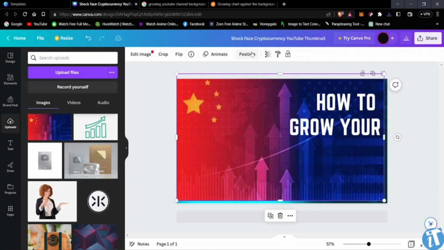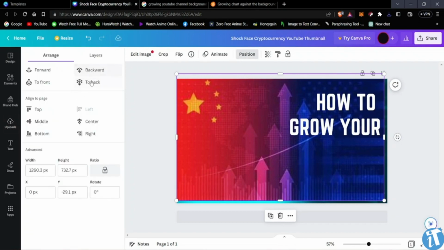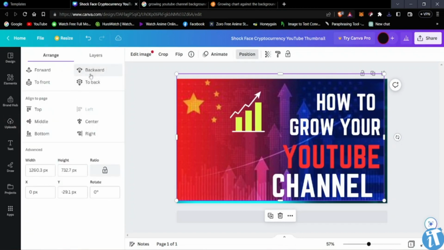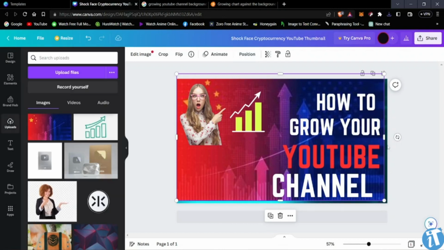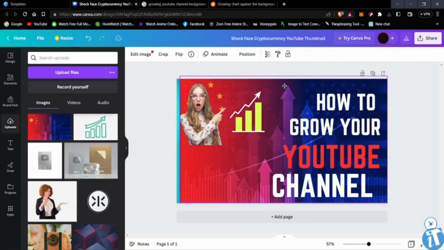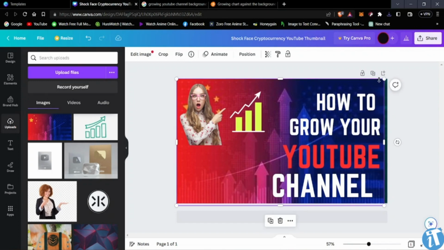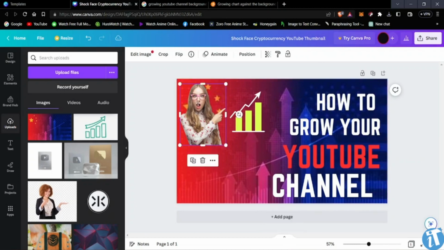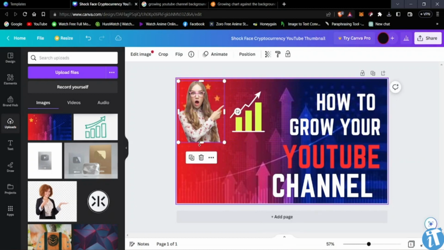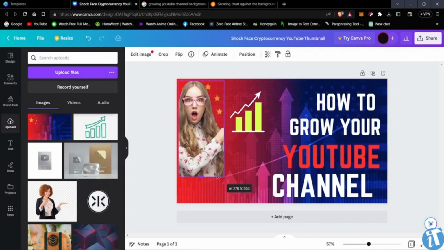And now we're going to position it, select this and position it backward. All right, once it's done, you can see here the background has been changed, and we can just set it up like that. Okay, now once it's done, we can see here we placed this fine lady over here,